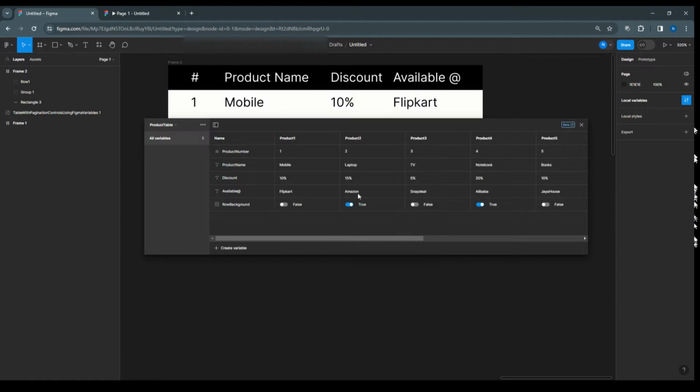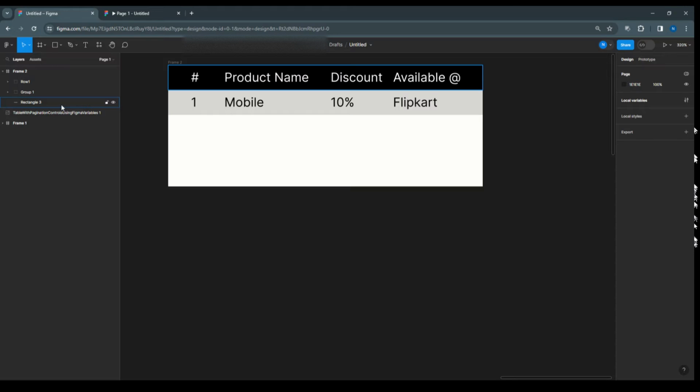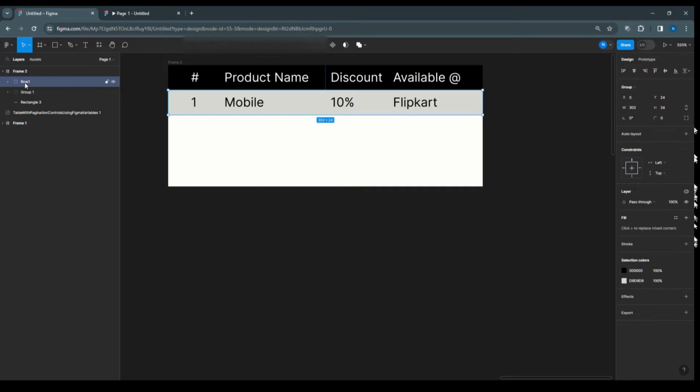So before that we'll make this product 1 true, so the background will be visible, and this row you can entirely copy and use it,